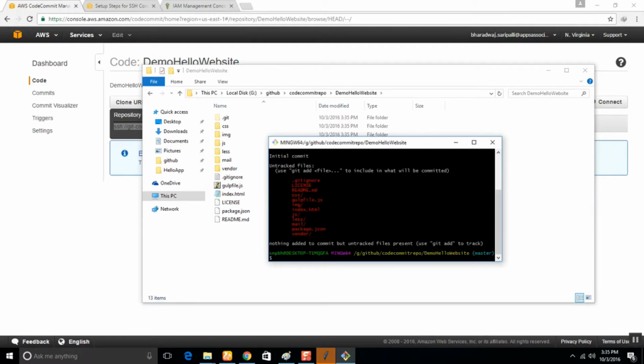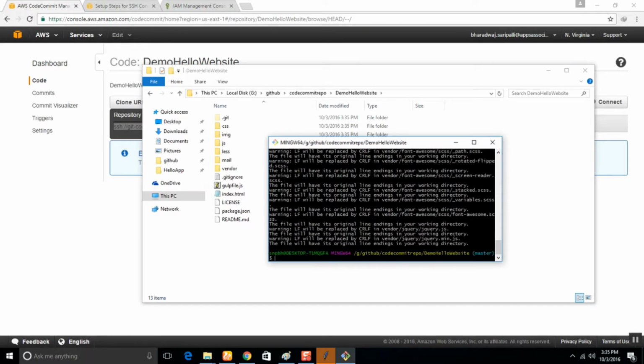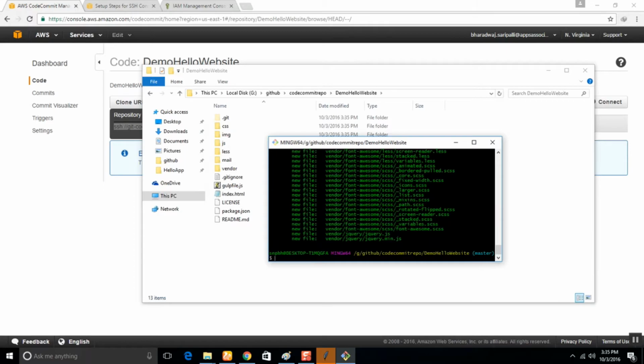See, it's showing you have a list of files to be committed, added for staging. Okay, let's add all these to staging. Git add dot. Okay, now git status. These are all files that are added for staging,